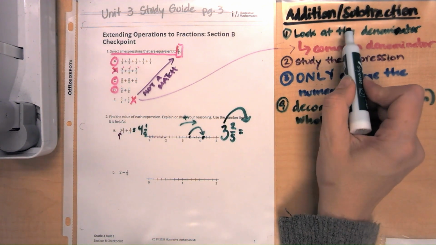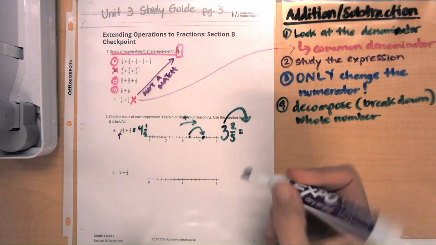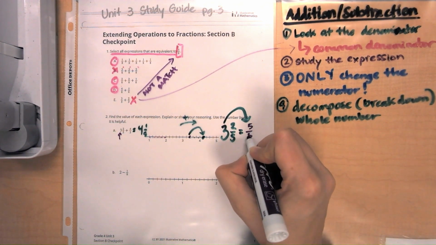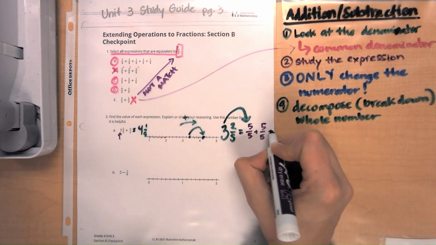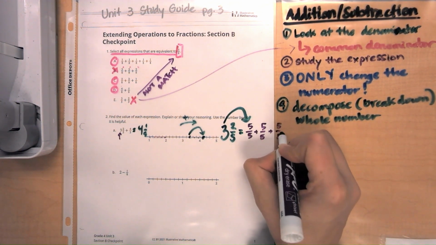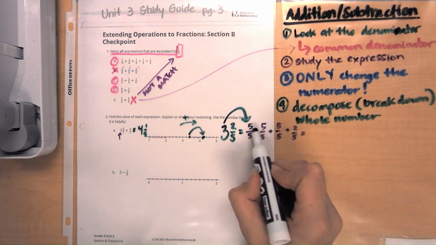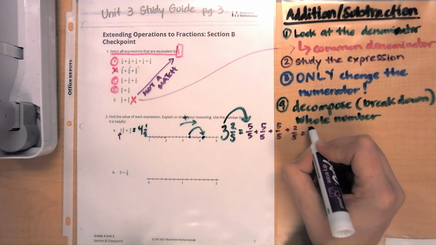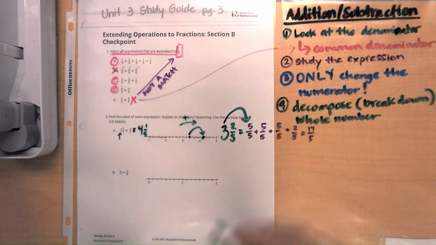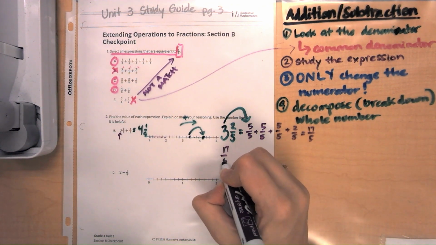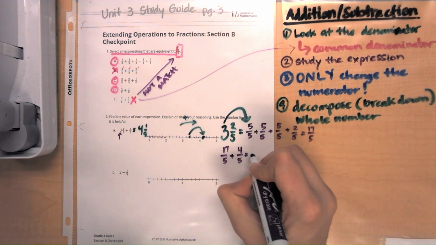I look at my denominator. I have fifths here. So I know that 5/5 is 1 whole. So here's 1, here's 2, here's 3, there's 3, plus our 2/5, that would get me 5, 10, 15, 16, 17/5. That's my first addend. And then 17/5 plus 4/5 equals